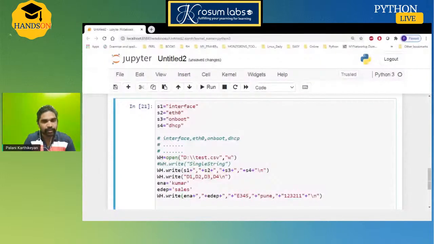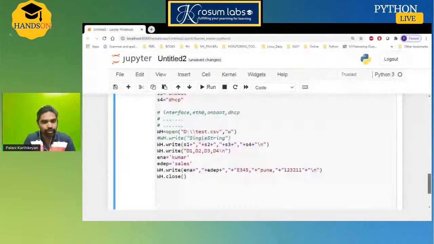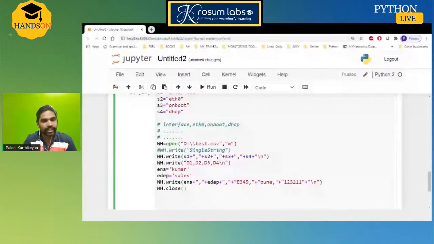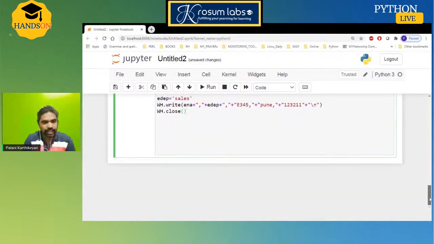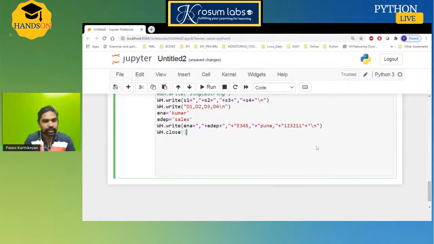This is all the process, it is done. The file is created, but it won't be written to the storage. When the data is written to the storage, we have to use the close method. Once it is done, we won't get any output on the screen because we are not displaying. I'm not using print. I'm using a write operation, so it is extended to storage. Now I'll read for testing. The write operation is done, and the file is located under test.csv inside my D drive.